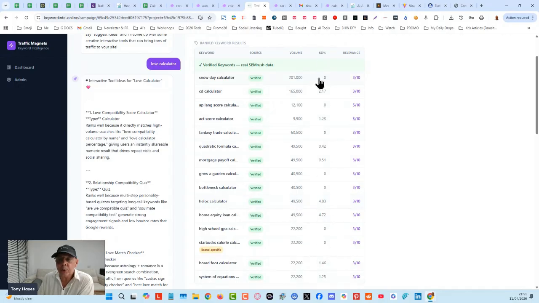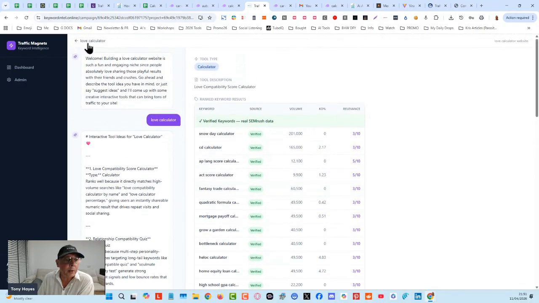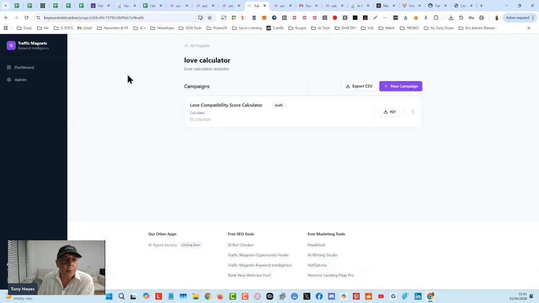Now, anything under 29 is supposed to be easy to rank for, but some of these are 0, some are 1.23, etc. And it will tell you the relevance according to the search or the topic that you put in here. Okay. So this will give you the keywords. It gives you access to those databases that I've been downloading for all of those keyword research, all those keyword search volumes, I should say.